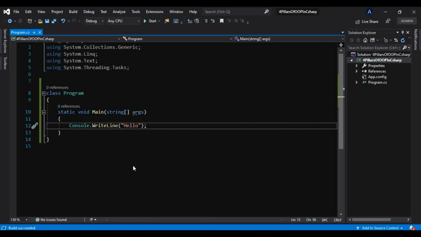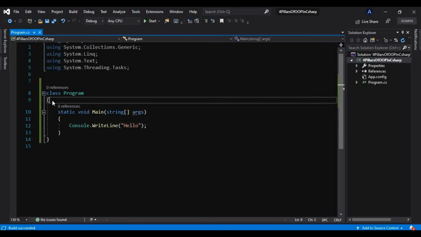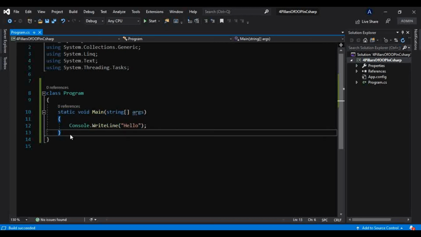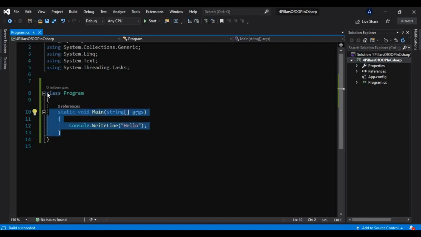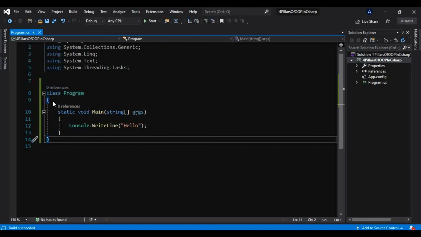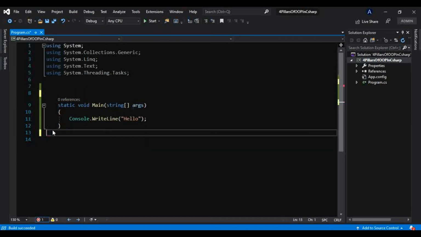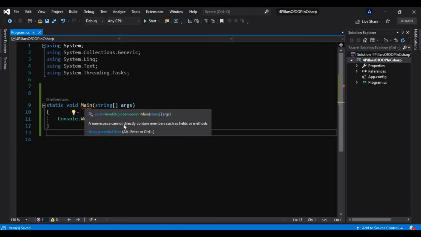But coming back to this point again, namespaces are not necessary, but every piece of code you have to necessarily put inside one type, that is, this class is one type. So if I remove this type, that is class, from here, we cannot do something like this. It is giving an error. What it says: a namespace cannot directly contain members such as fields or a method.